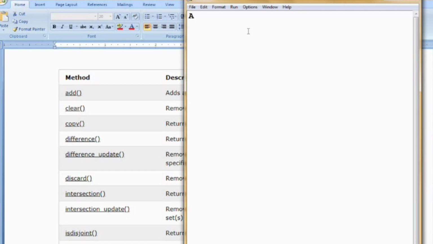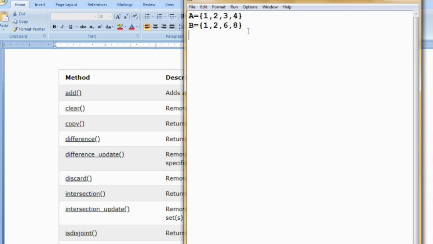First I am declaring a set A is equal to 1, 2, 3, 4. In the same way I am declaring B is equal to 1, 2, 6 and 8. Now I have declared the two sets.